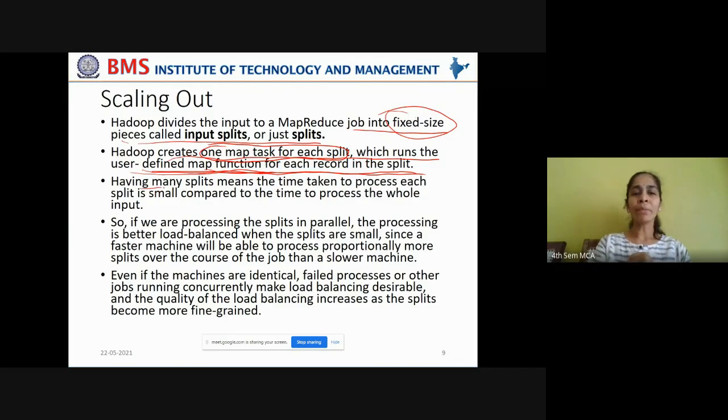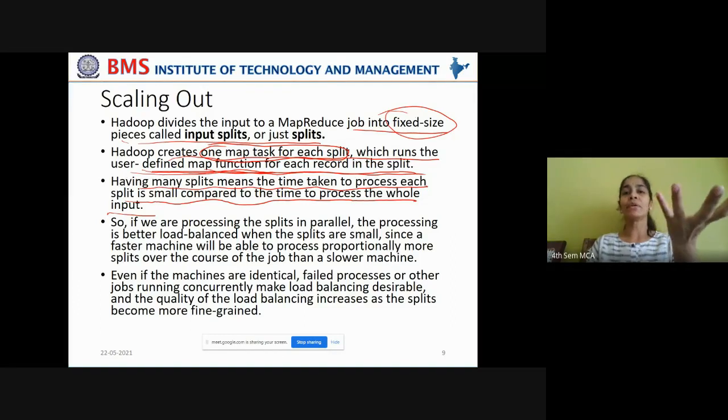Okay. Now, having many splits means the time taken to process each split is small compared to the time to process the whole input. That is quite obvious. If you compare with the time to process the whole input, it is more.